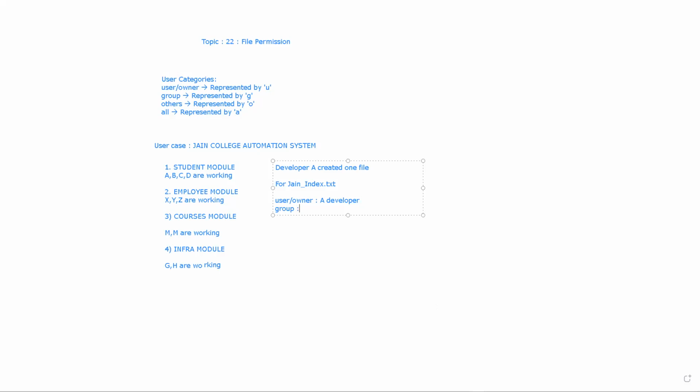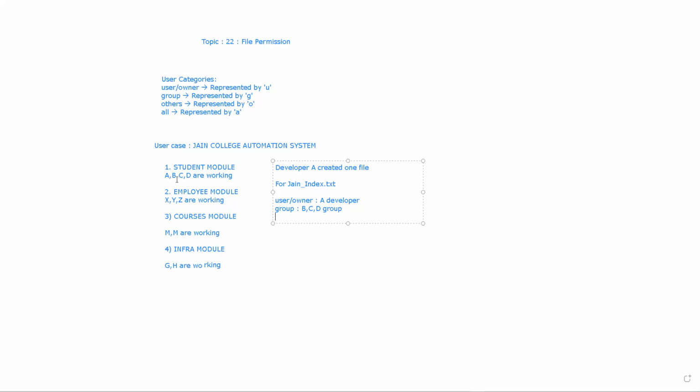In this case, the group is B, C, D. Because for the student module, A is one of the developers, and once A creates this Jain underscore index.txt, the user or the owner will be A.